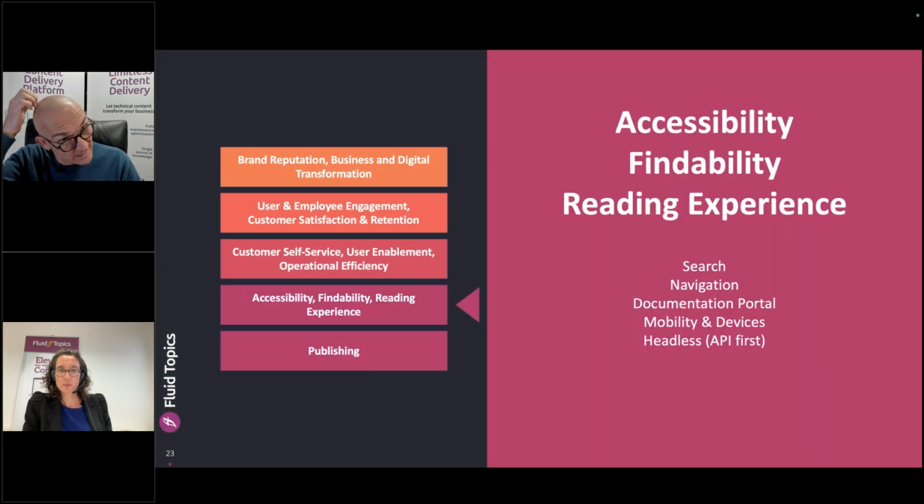So that was just the first layer. The next one is about accessibility, findability. So once you have created this repository, what can you do then? And that's interesting because 60% of the companies that come to us said they have a problem with content findability, and that users complain about not finding content. Can be end users that are customers, can be support agents, people internally, but one of the biggest problems people have with what they have today is people can't find content.